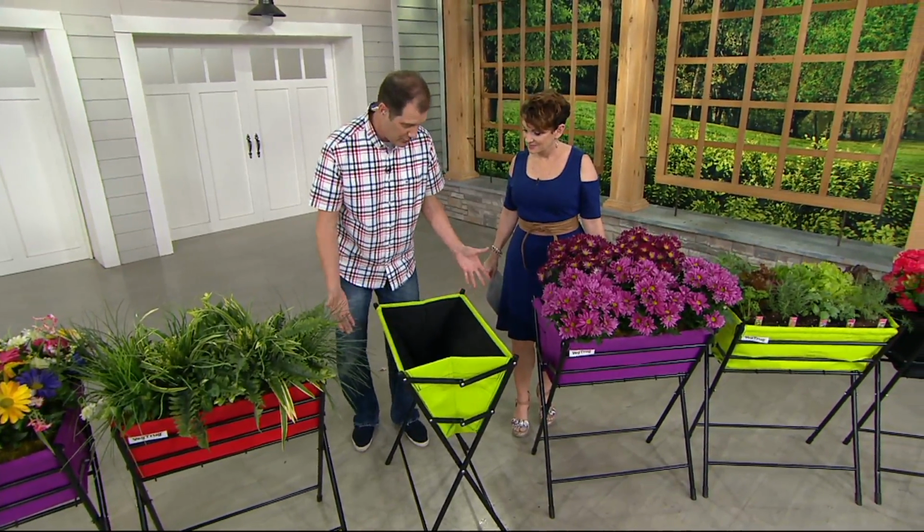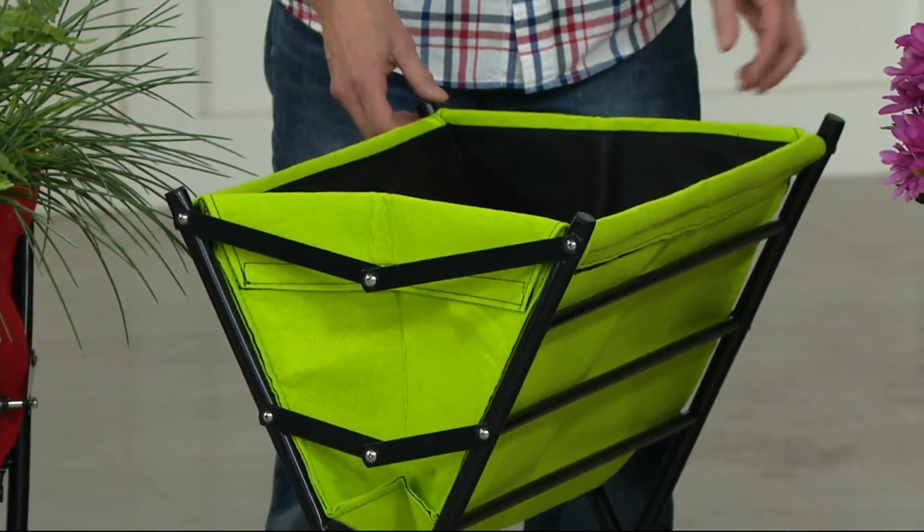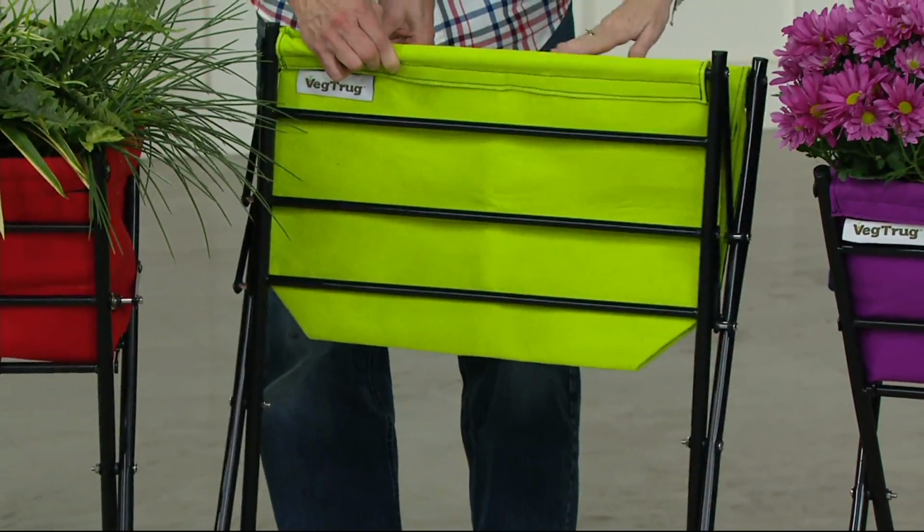But I'll give you a little tour of a Veg Trug if you like. And you know how many were ordered today at 10 in the morning? 1,000 already gone. By the way, in front of Chris is that beautiful bright green. We also have the